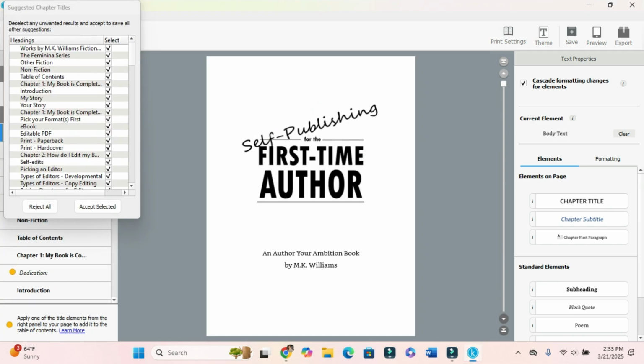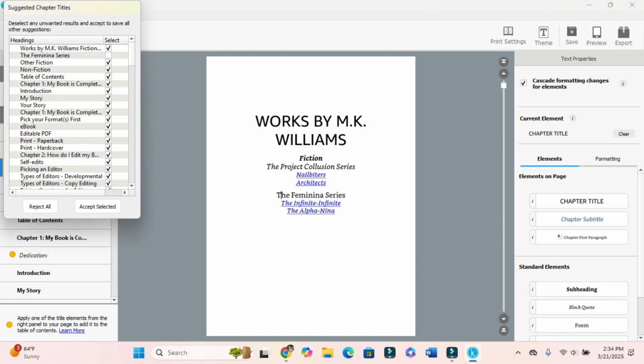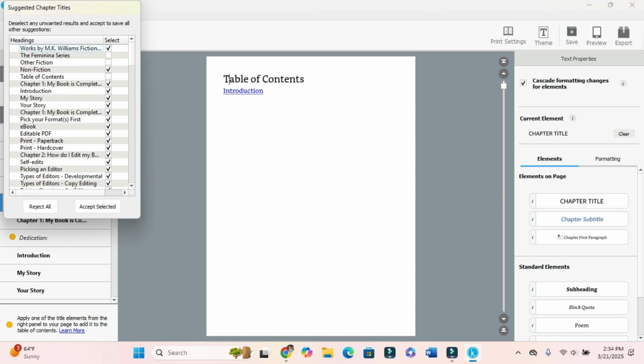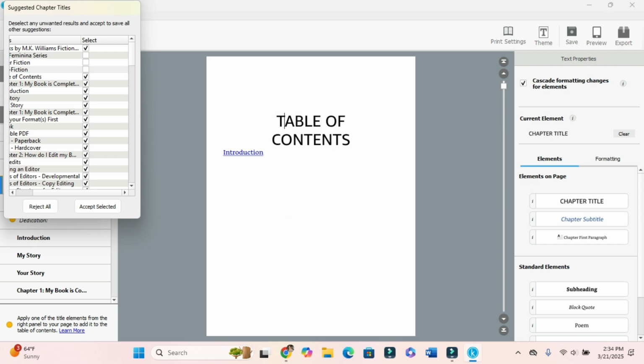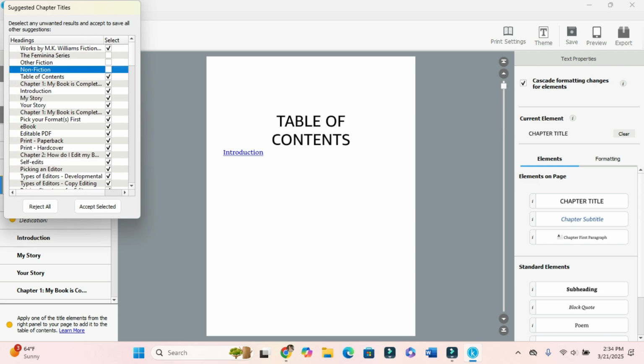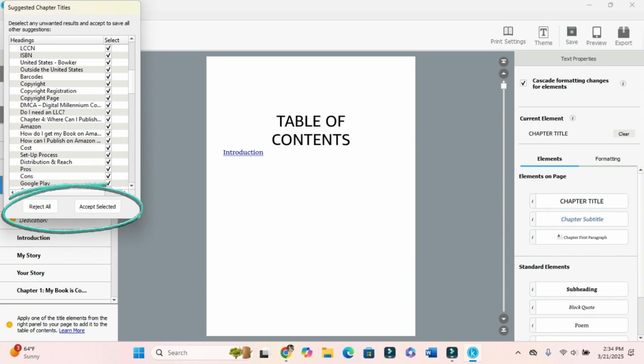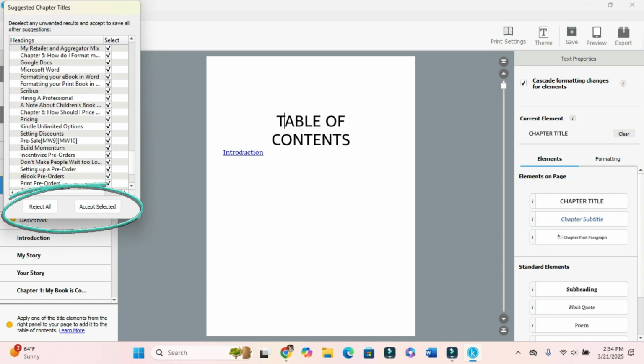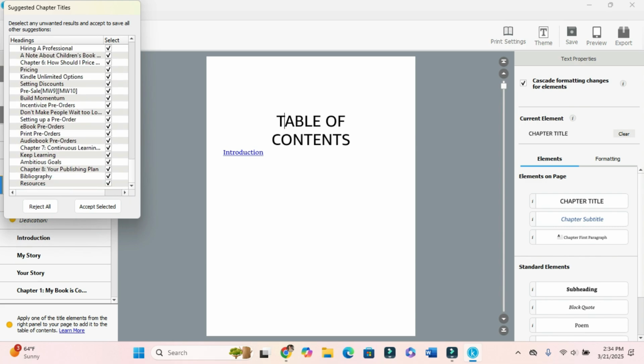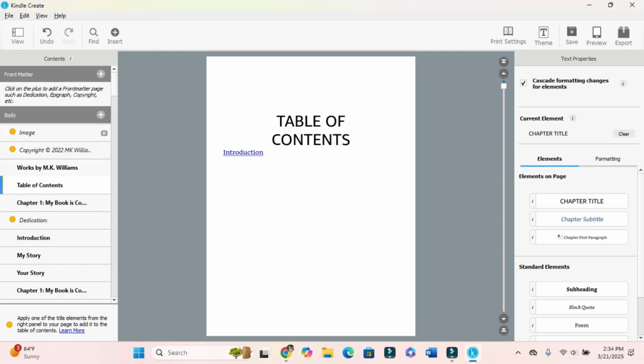Okay, so looking at all this is looking at all of my headings. I'm going to say these are not headings. Thank you. Okay. So I can go through really quickly and say this is not a heading, this is not a heading. Now some of these are subheadings, and I'm going to show you how I can distinguish a subheading. Okay. Accept. Okay.